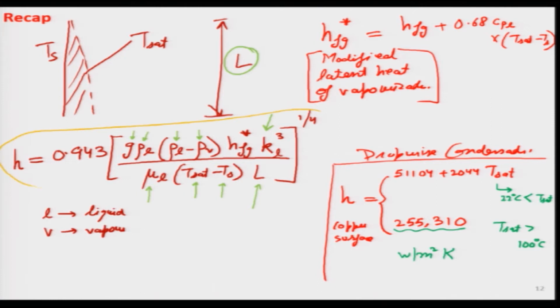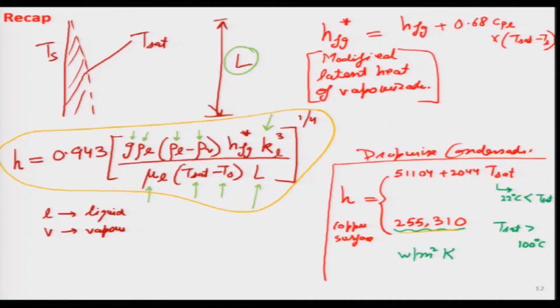And we looked at a complicated sort of equation over here, but I asked the students not to worry, just analyze it from a physics point of view, what are the parameters that h actually depends on, like density and thermal conductivity, heat of vaporization, things like that. The thing which is very interesting is that we can see over here about 2 lakh value of h we can achieve for dropwise condensation, but of course, as I mentioned 2 or 3 times, it is very difficult to sustain it for a long period of time.